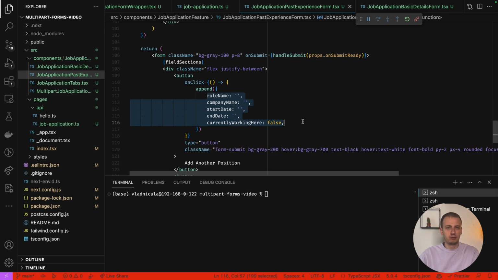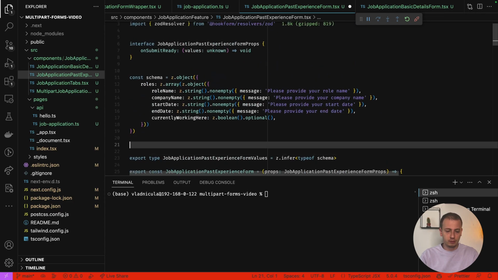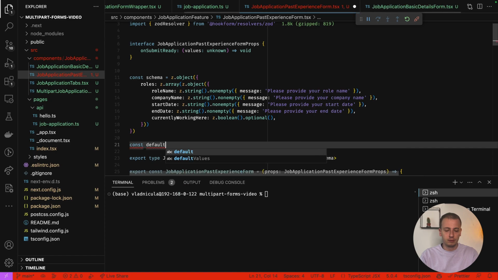I mean, we want to add more data, so we don't have it, so therefore it shouldn't be mandatory to provide valid data. But anyway, we might as well copy this outside of the form, like default field array object